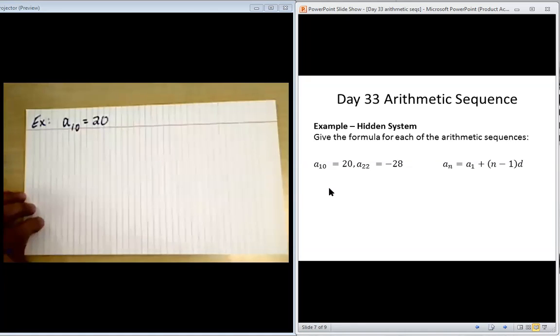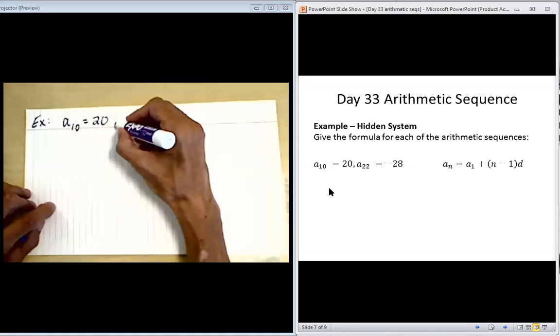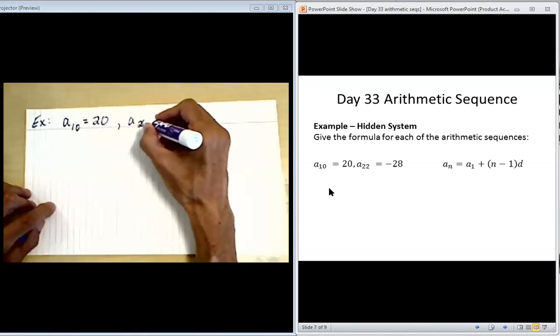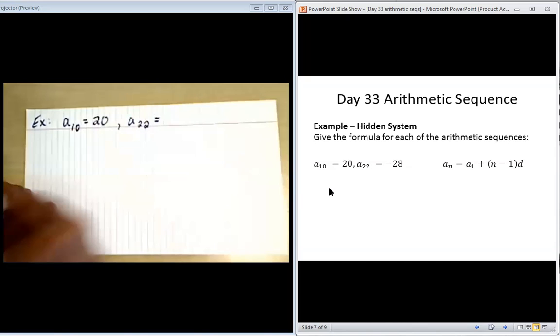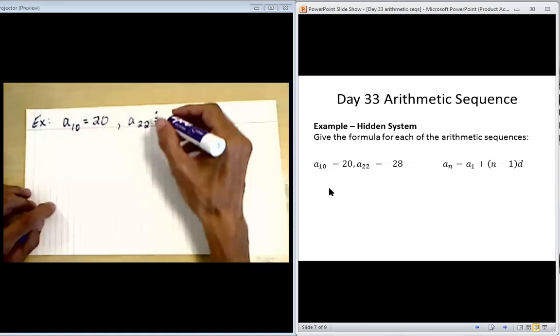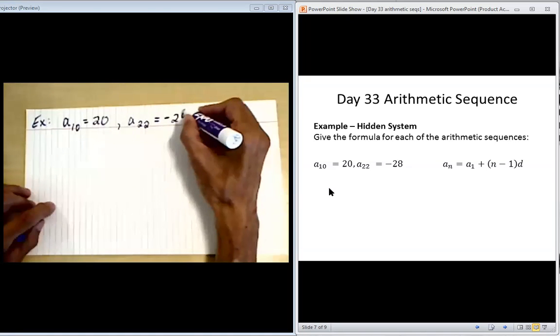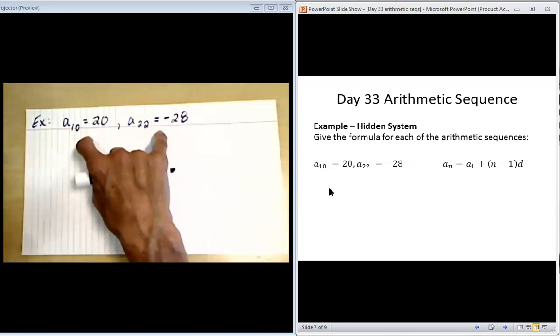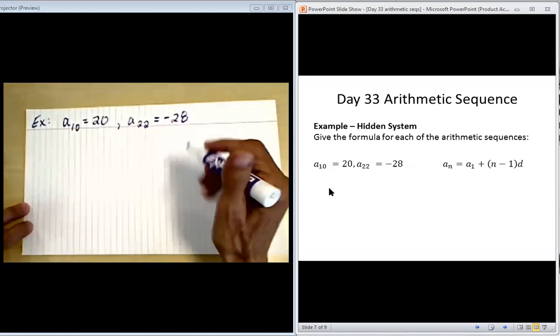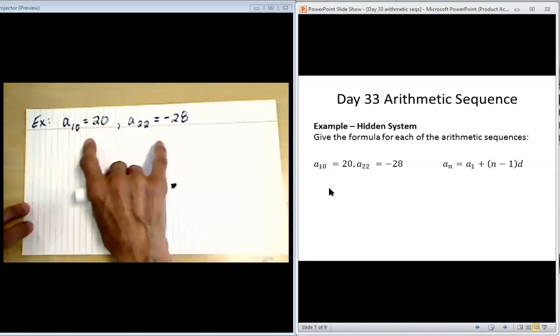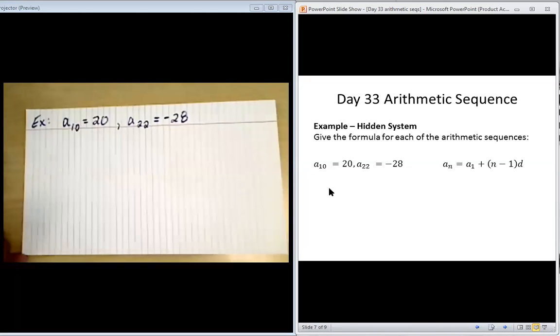And then we also have A22 is equal to minus 28. So we'll use our formula with that one as well. And then you'll see what happens. We're going to get a system like we had with A's and D's instead of X's and Y's. Okay, so